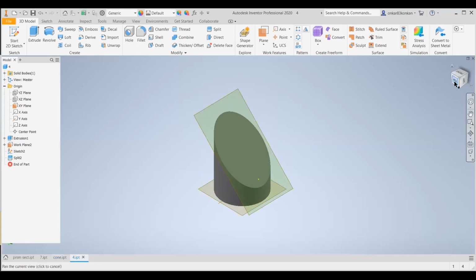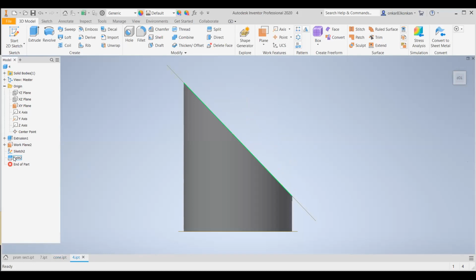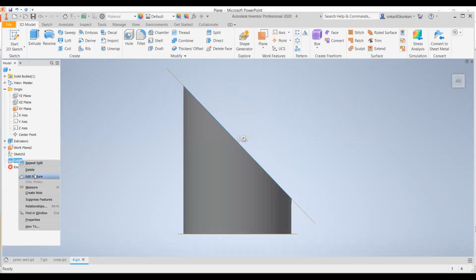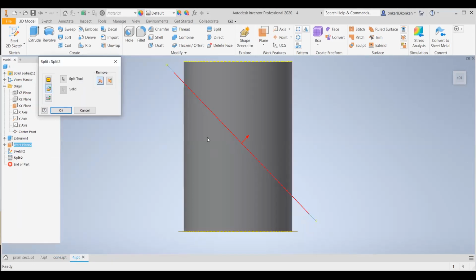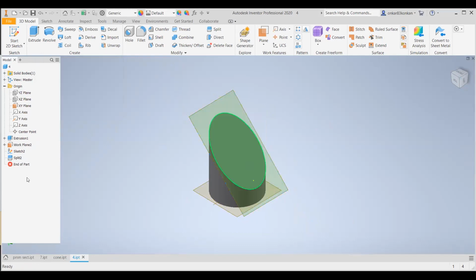So you can observe here. So here I have selected the section plane inclined to HP. Cylinder is resting on HP. This section plane is perpendicular to VP. So after removing the right side, this is the true shape. If I change the position,